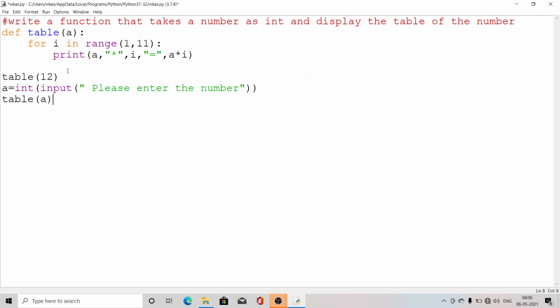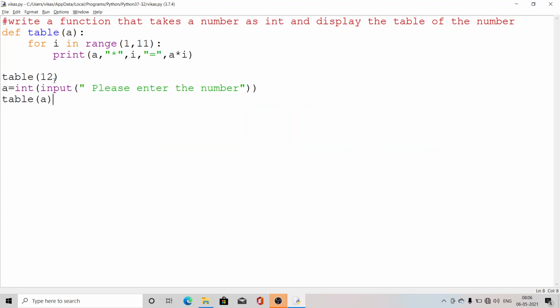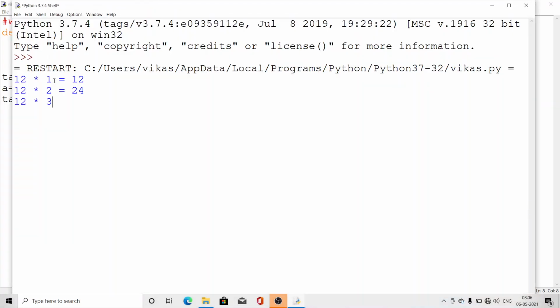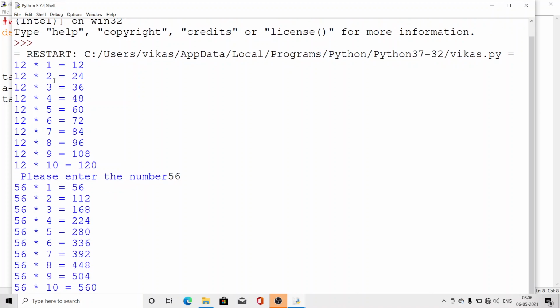Look here, first it displays the table of 12, clear, and then it asks to enter the number. I gave 56, so it displays the table of 56.